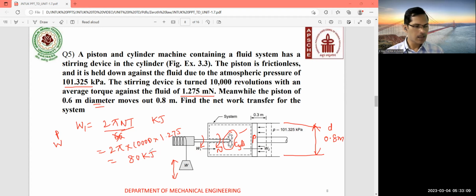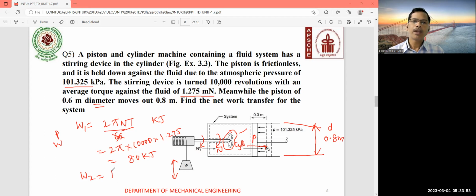Next, the second thing is the work done by the system upon the surroundings. That means the piston is going to move in this side. Once the fluid gets expanded, the piston is going to move from the inner dead center position to the outer dead center position. So there is another work. When you give the work input, the fluid gets expanded, and the expanded fluid is going to do work towards the surroundings. So the piston is going to move towards the right direction. So W2 is equal to, there is another formula. Already we know that the